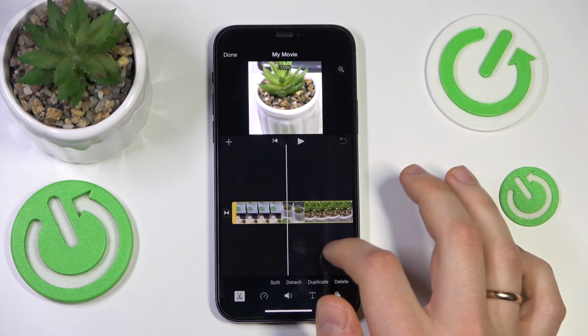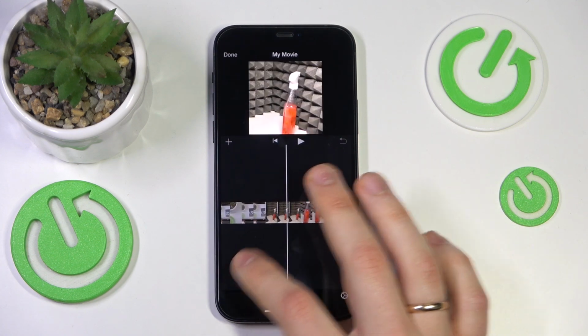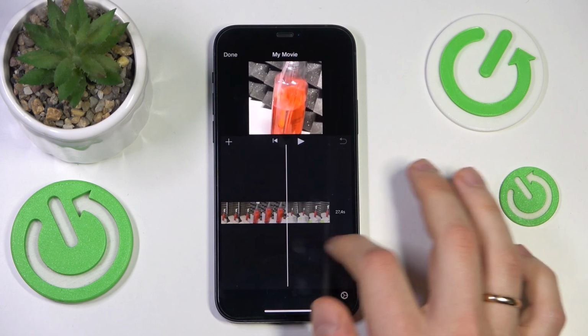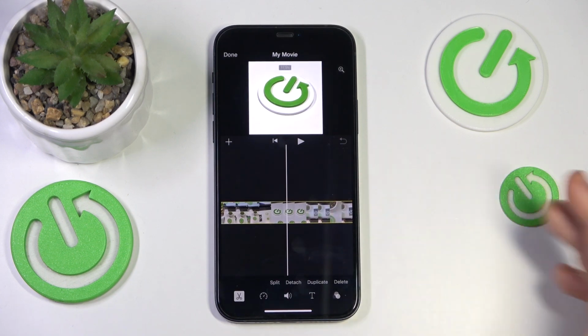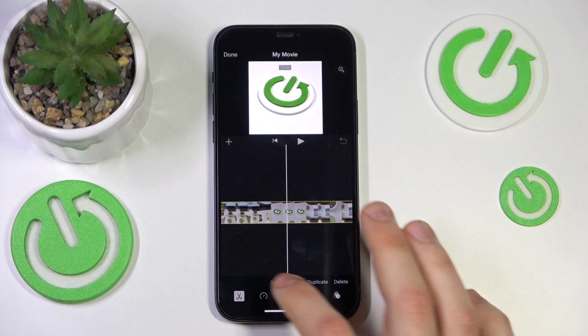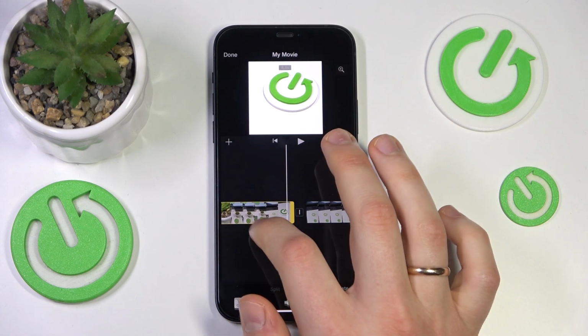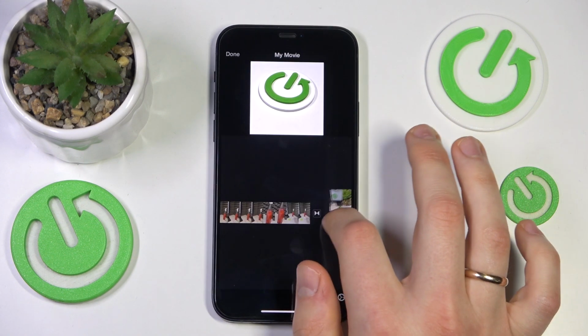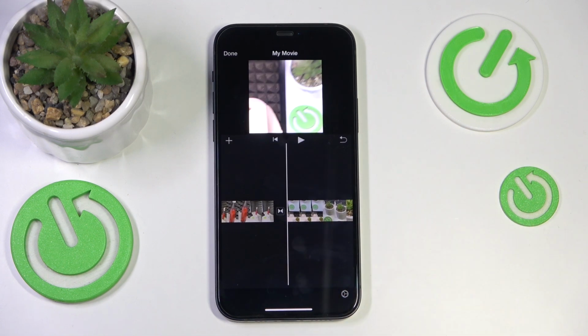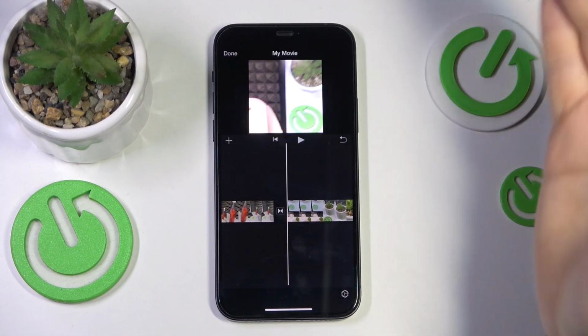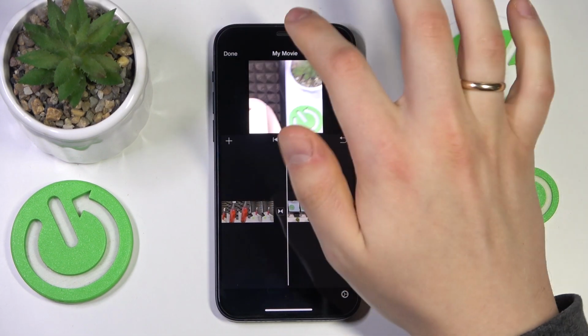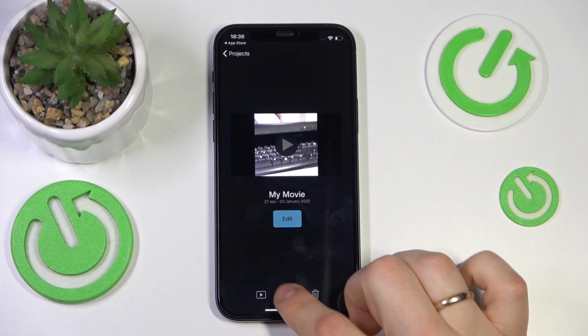You should be able to select those videos separately, move them around, cut them, and just from here, split them where you'd like. Once again, move the video around, swap places, and so on. Just edit the video, and once it is ready to be exported, press the Done button, tap at the Share